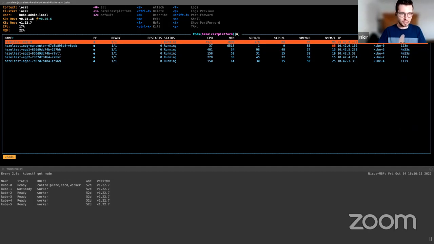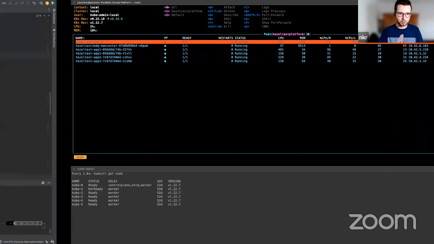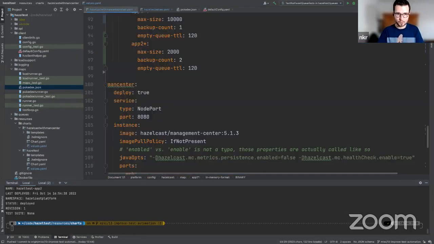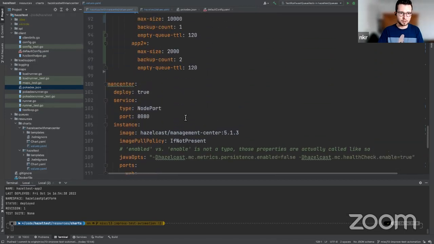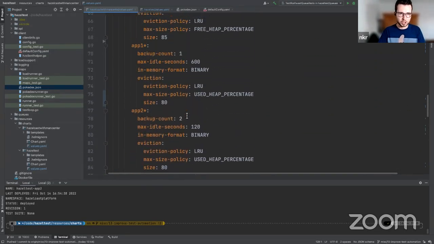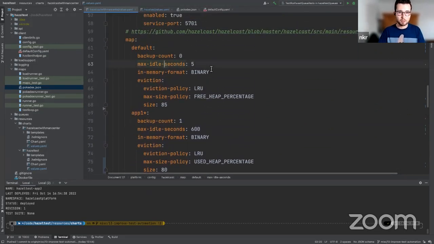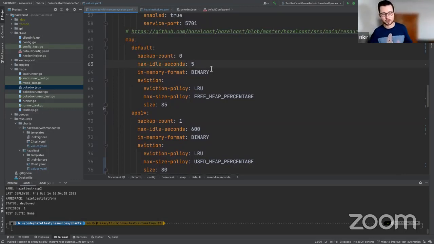So let's see what we can do about that. Let's pull in the final Hazelcast configuration. And there are two dimensions we can adjust. The first one is the max idle seconds, of course. This is set to 5. So that is significantly lower than the 30 seconds we had just now. But